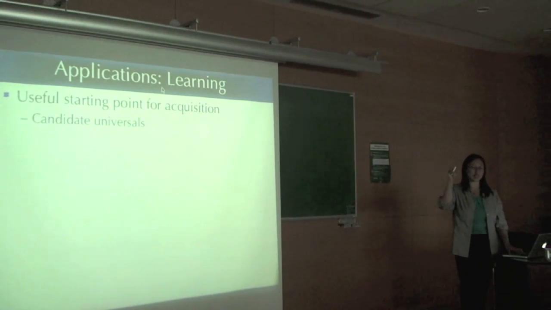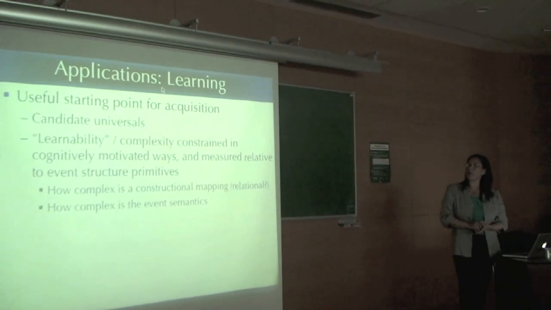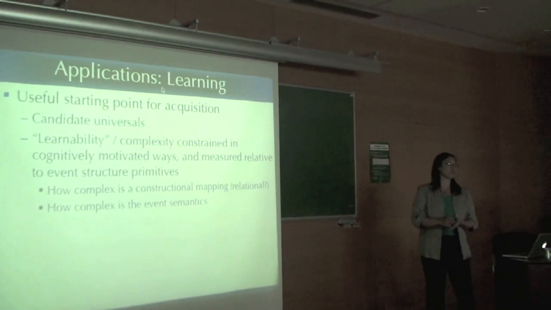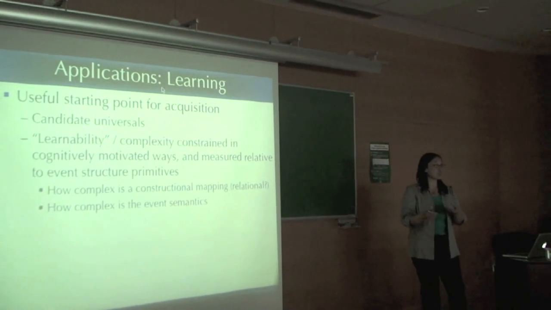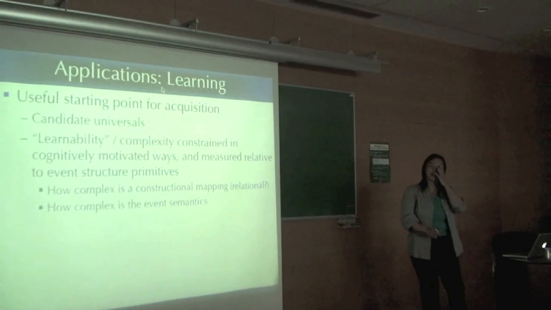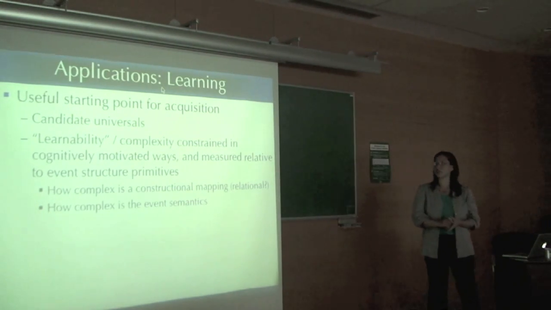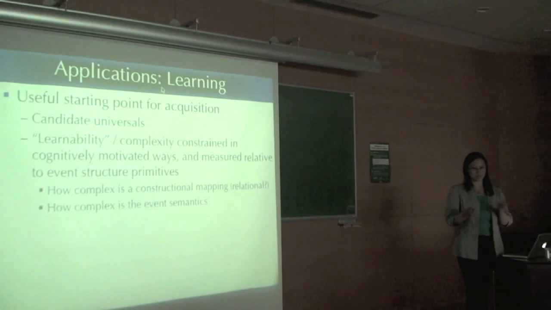So again, the idea that these are candidate universals for the kinds of things that are picked up on by human learners. This is part of what we were saying before, and that these are good kinds of constraints on acquisition, right? Maybe the things that are easy to learn are the ones that appear in this kind of structure, like the fact that you care whether you're in the process of doing something or whether it's done, that shows up a lot. And for particular actions, it may be that some are more salient than others. So kids say "fell down" a lot more than "fall", because I think they're often told, oh, you fell down, that kind of thing.